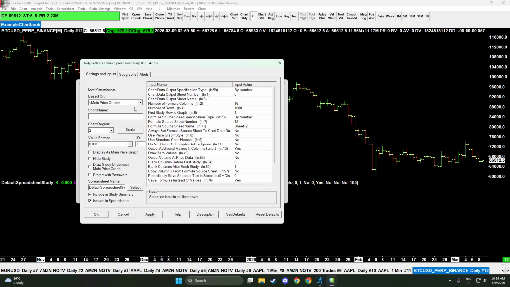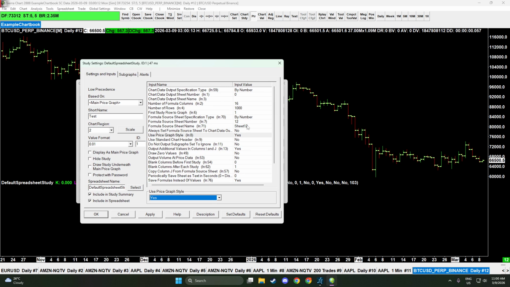Below that, review the inputs. These control how the study exchanges data with the spreadsheet. The defaults are fine for most setups, but if you know you need more columns, different data alignment, or particular calculation parameters, adjust them here. Small tip: make one change at a time and keep notes, so it's easy to retrace your steps if something doesn't behave as expected. If you opted for the System/Alert version, this is also where alert-related options live, so confirm